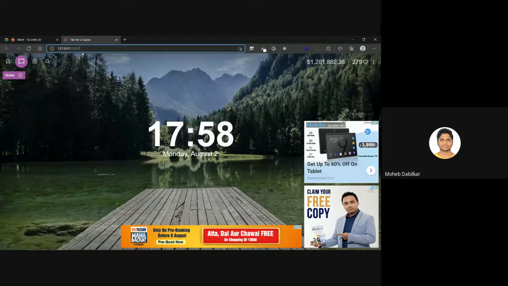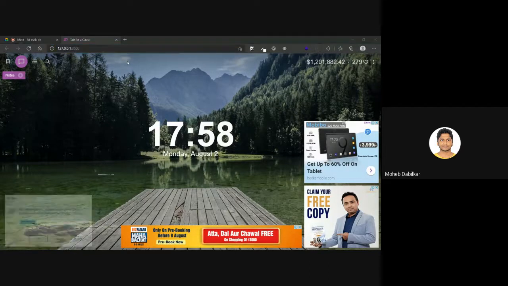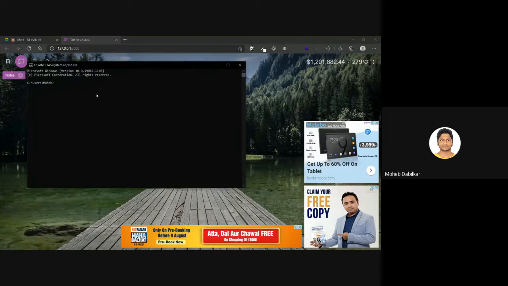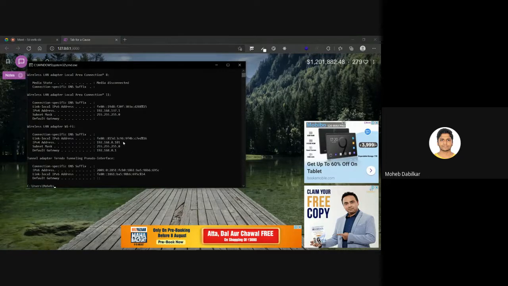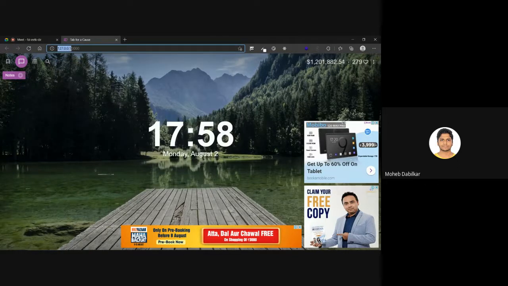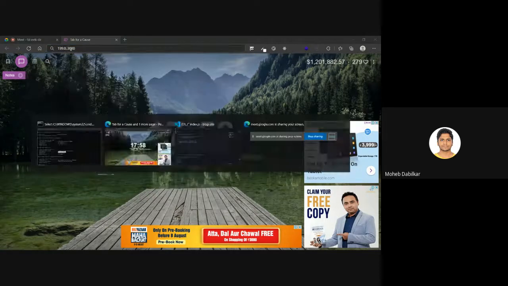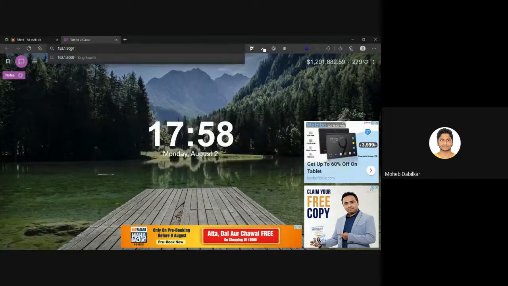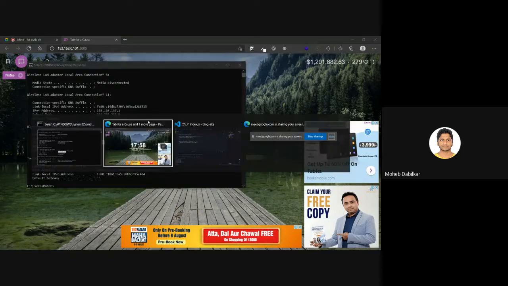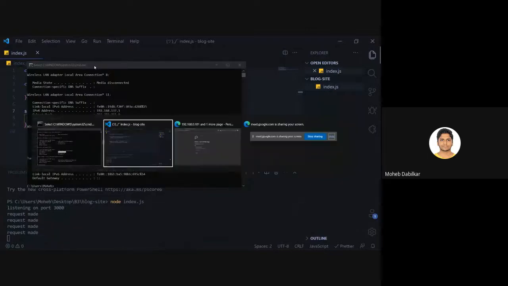You can obviously go to some other computer and find out your IP. How you find out your IP is, you say ipconfig in your CMD, and you see over here I have my IP as 192.168.1.101. So I hope that it allows me to enter inside me only. Yeah, now it does not make any request.